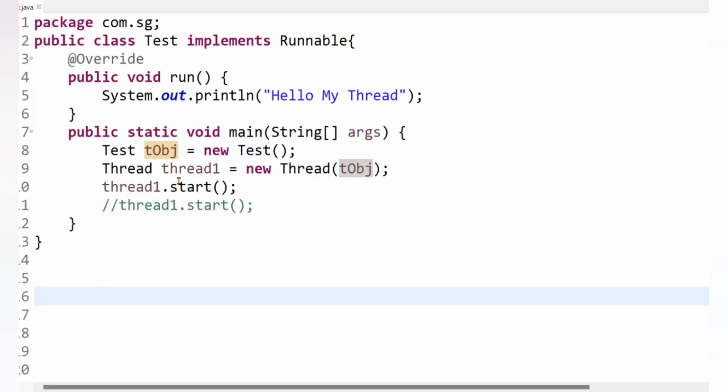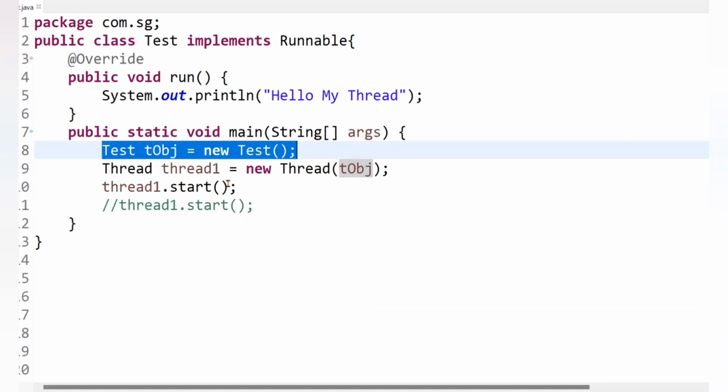So remember, the JVM creates the main thread to execute the main method for every Java program, not only for a multi-threaded program. Even if we print a simple hello world in Java, even then the JVM will create the main thread to execute the main method.